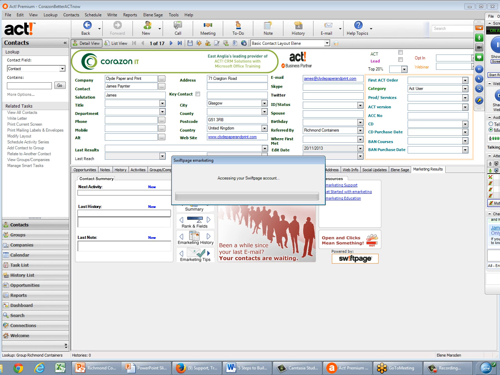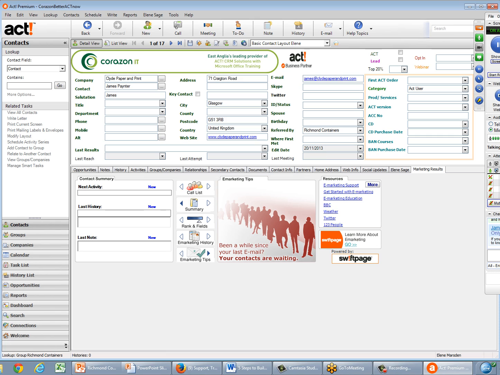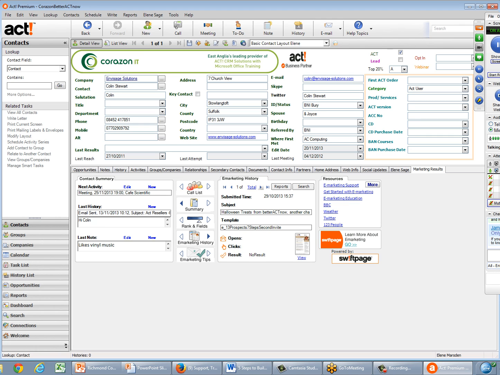So this marketing results tab is pretty clever. It's going to access my Swiftpage account. I'm going to go to somebody that I know receives my emails, just look him up, and when we see his record, Colin Stewart, in the lower half of the window, because I've pulled the results into the database, when I go to the e-marketing history, I can see all the templates I've ever sent him, all the e-shots I've ever sent him, all the results are showing here.